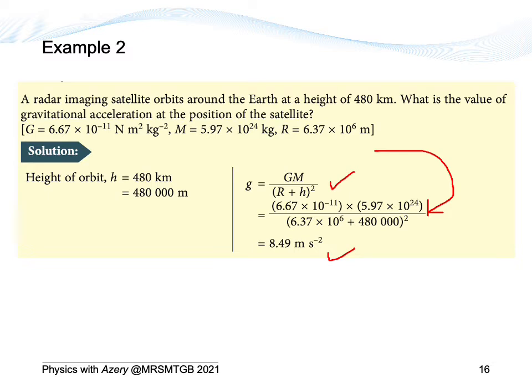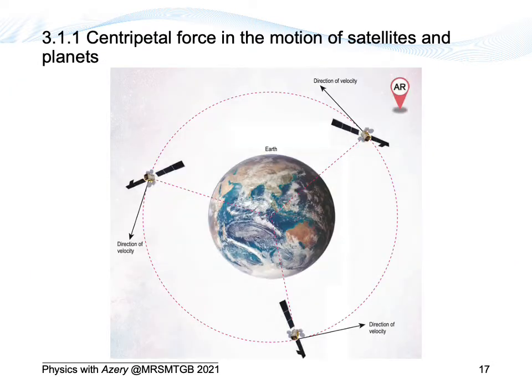Alright, now we're going to look at centripetal force. Centripetal force in the motion of satellites and planets. What are centripetal forces? You can see that anything that is revolving around something has a circular motion. The circular motion will cause the object to have a velocity that is 90 degrees from the centripetal force. So the centripetal force is always towards the center of the circular